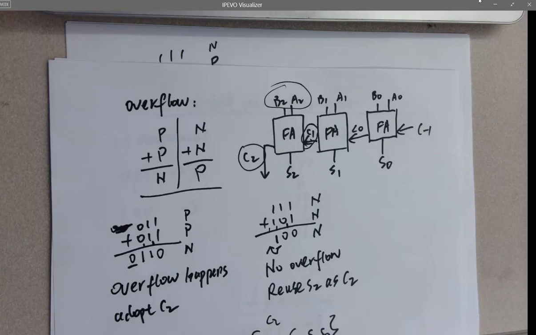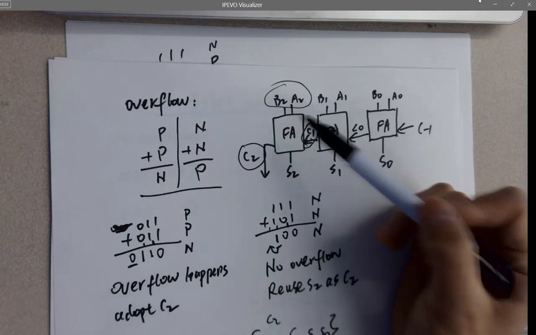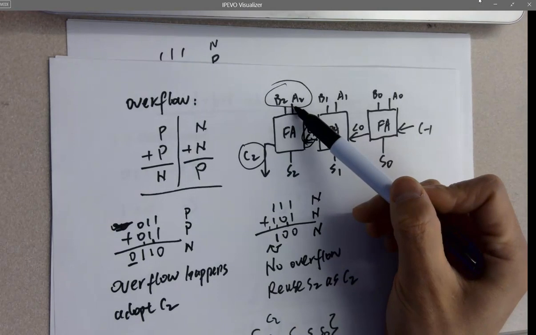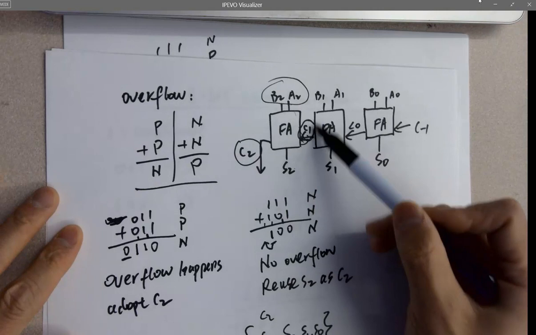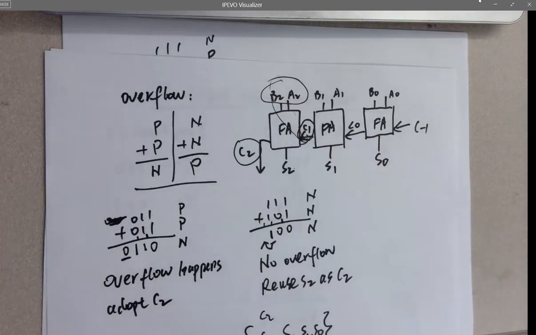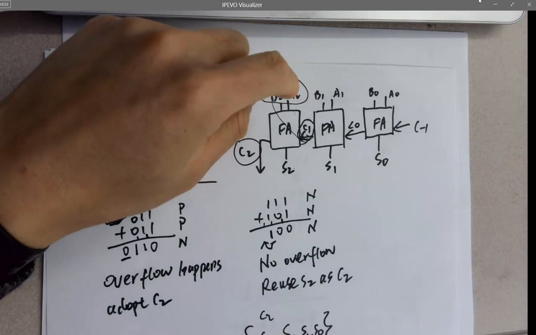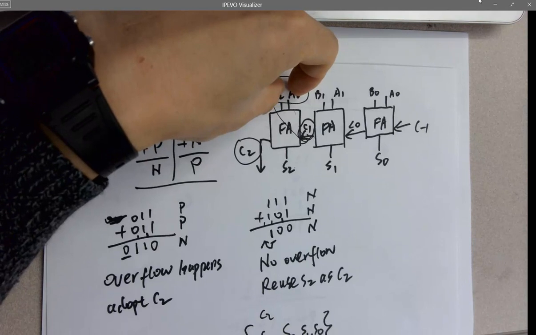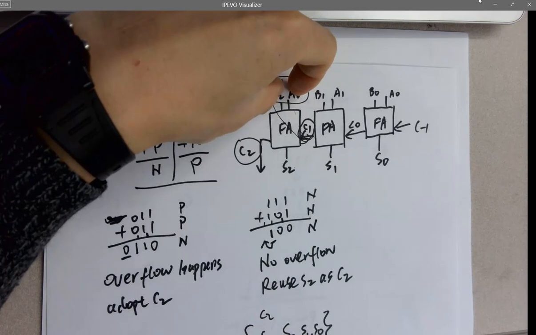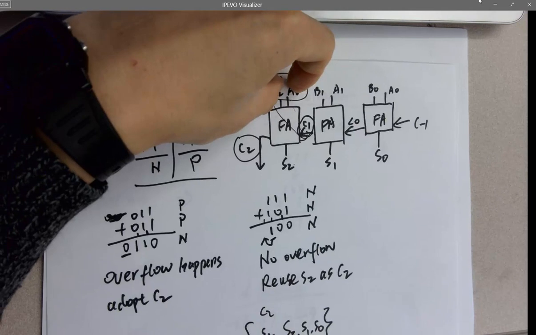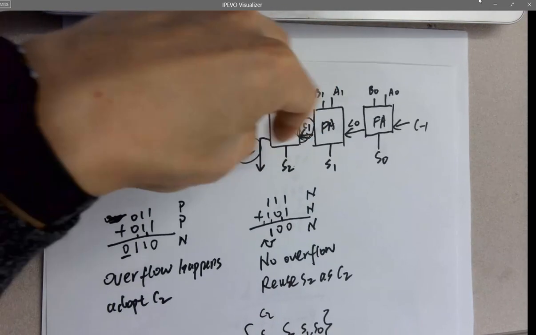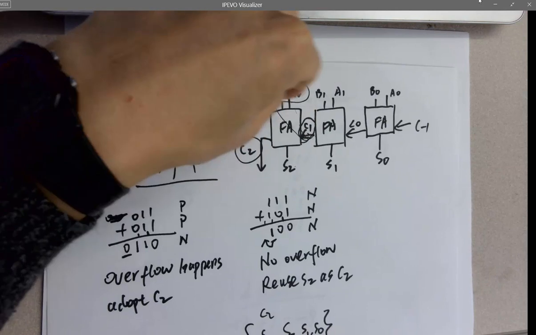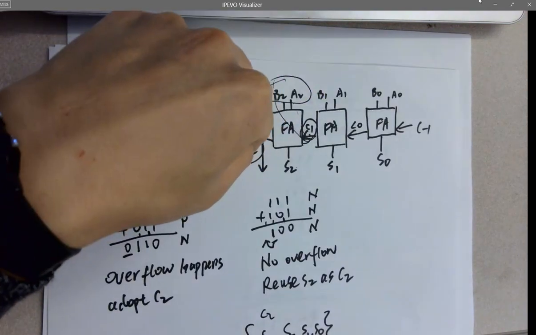You would need S2, not C2. S2 is determined by these two numbers, right? No, S2 is determined by these 3 numbers. Okay. So in terms of C2, why do we need a C2? Because these two have to be the same sign. That's why these two have to be involved, and this one will be added to these 2 numbers, giving you C2